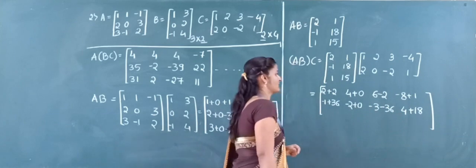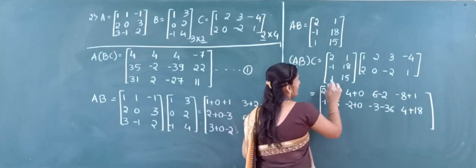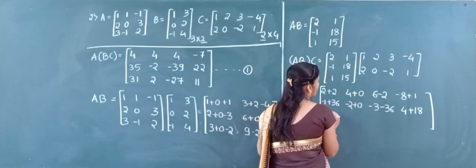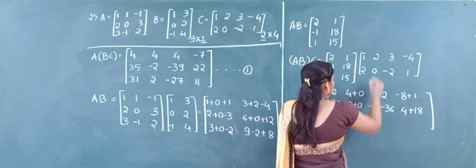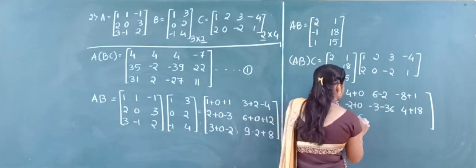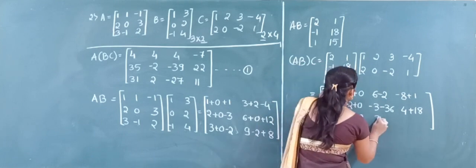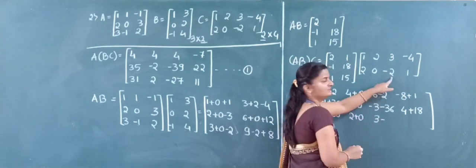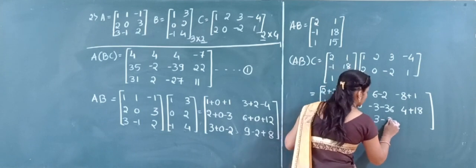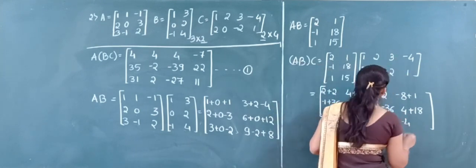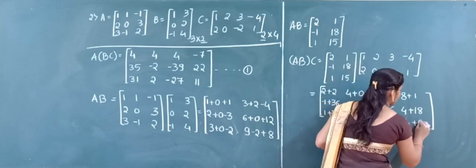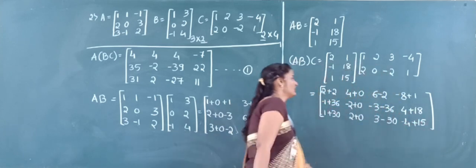Next with the last row: 1 into 1, 1, 15 twos are 30. 1 into 2, 2, plus 0. 1 into 3, 3, minus 30. 1 into minus 4, minus 4, 15 ones are 15. So finally